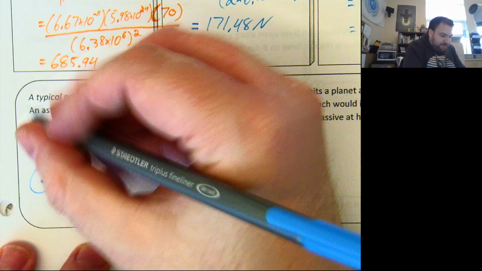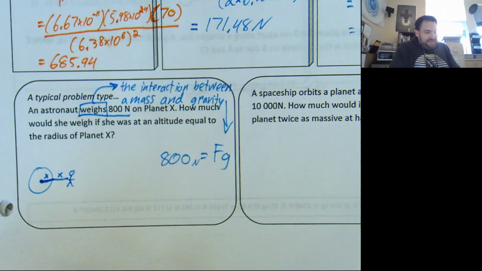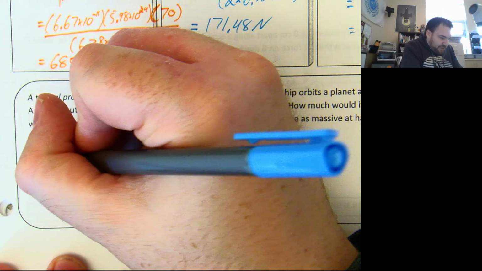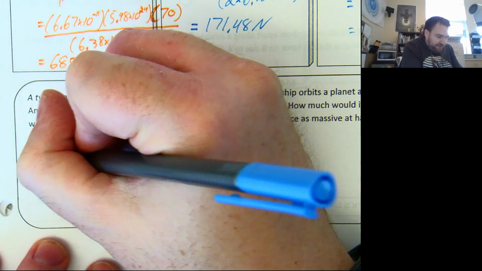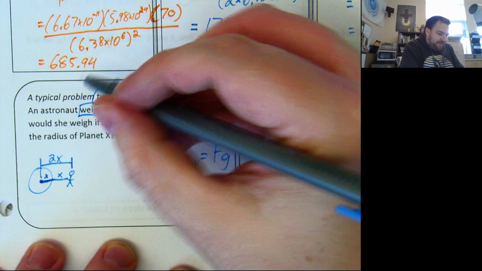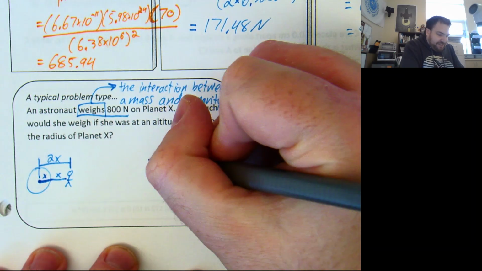What we're going to do is we're going to take this person, and we are going to move her a distance of X above the surface. So now the distance from her center to the center of planet X isn't X anymore, it's 2X, or X plus X. And we want to figure out what FG is on her at this location. We know that if her FG on the surface is 800, we know that this is going to be equal to